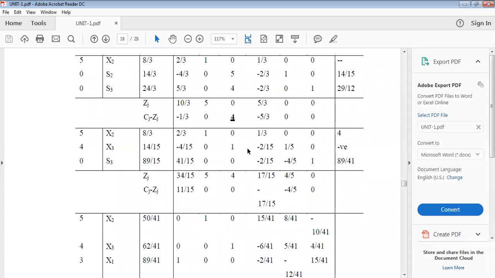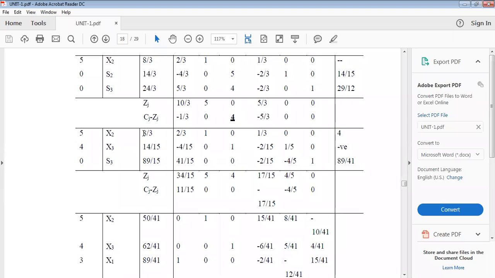Now you have to calculate Zj after this, after the first row, second row, third row. The first row we have copied as usual. The second row we derived after the key element was completely transformed into 1 by dividing by the corresponding 5. Now this is new R3, meaning old R3 minus 4 into new R2. So we got this. This is the new R2, and you got this new R3, and we copied the first new R1, and now we have to calculate Cj minus Zj.